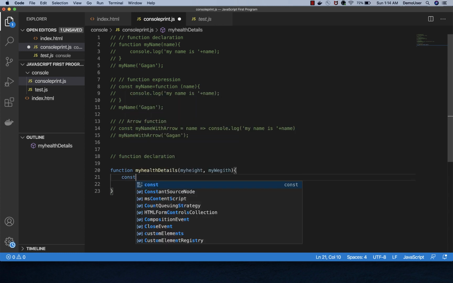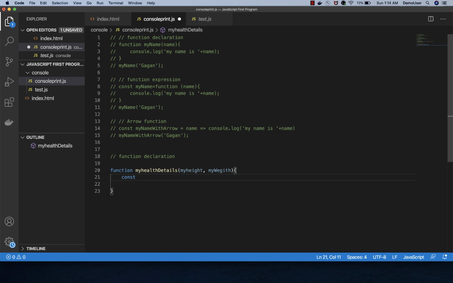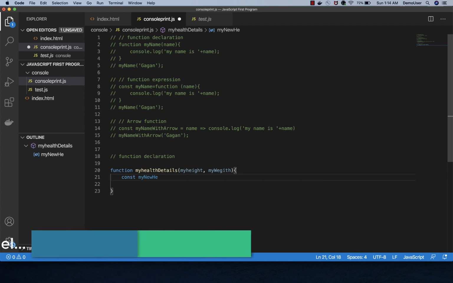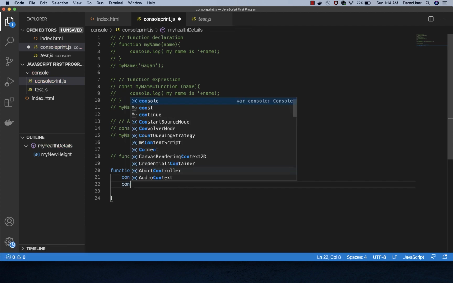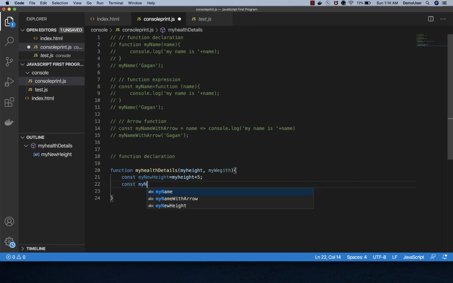So I am saying I want to declare one more variable which says my new height is equal to, let's say, height plus 5, and I have one more variable which is my new weight, which says weight plus, let's say, 4.